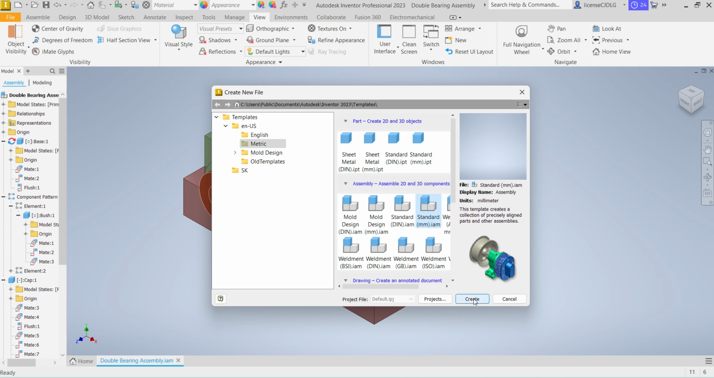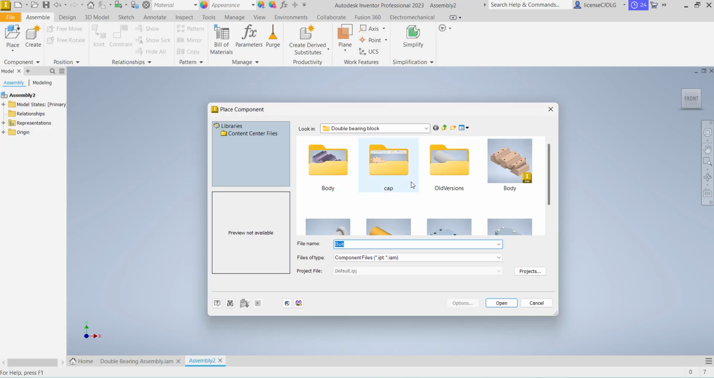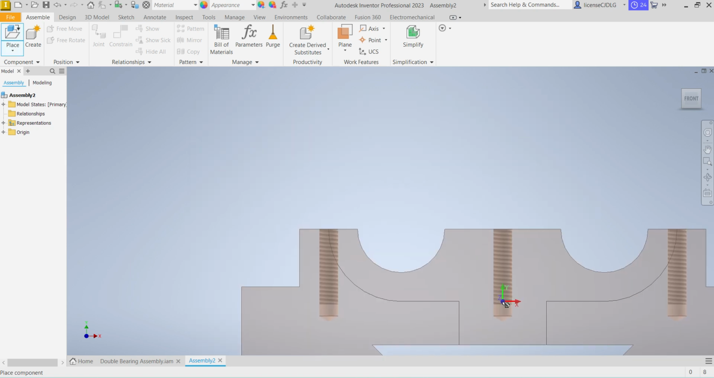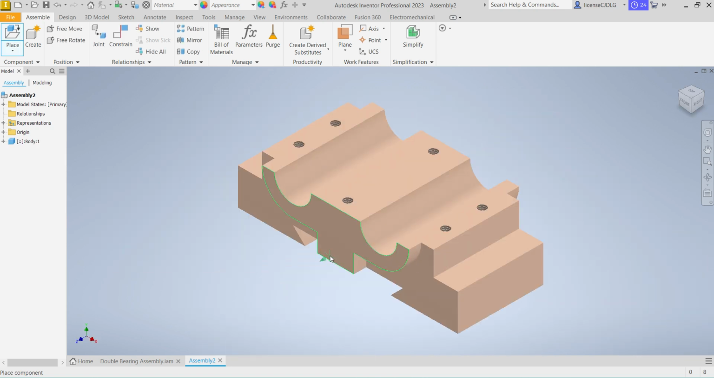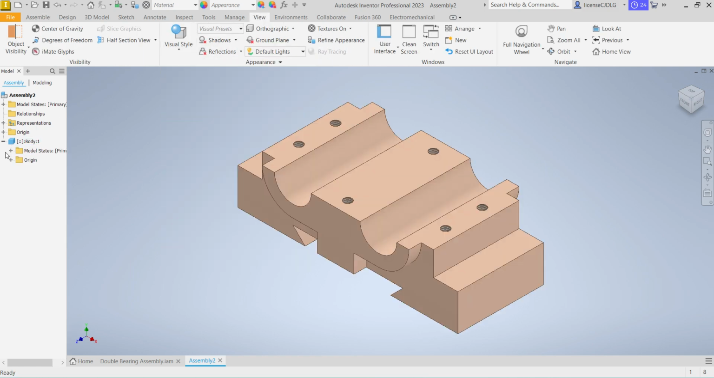Here select Standard, create. So here place the component. First part is body, open. So go to View, change it into Shaded with Edges. So first we need to constrain with the planes. Select Constrain,